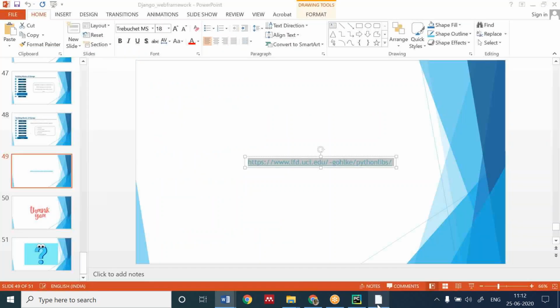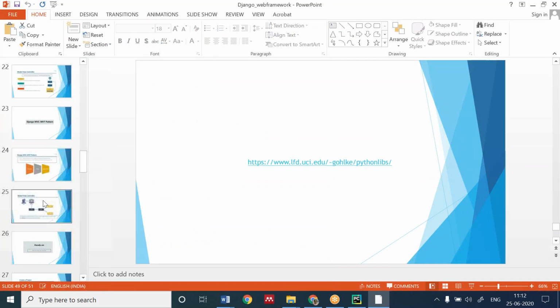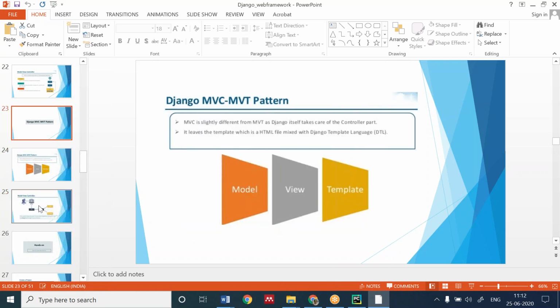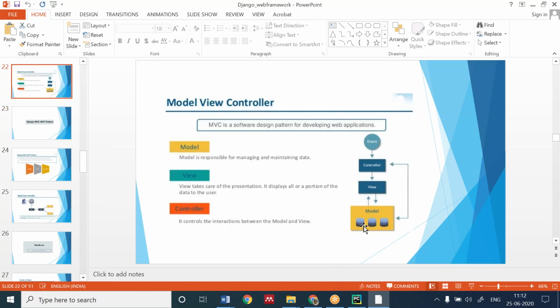When we were learning the basics of MVT, you can see that in the model we have data.